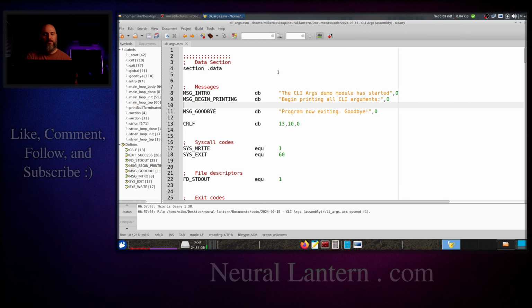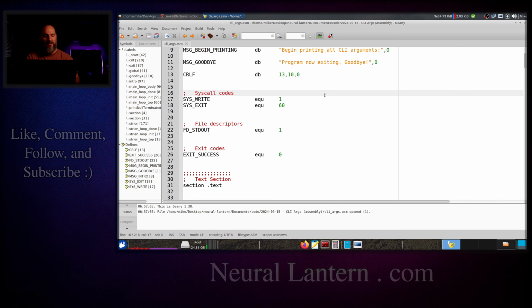But anyway, here's my program. Again, this is not an assembly programming video. If you need to know how to program assembly, see my other videos. For now, I'm just going to quickly go over it. I've got my data section in YASM. I have a couple of strings defined that I'm printing out. I'm saying the module has started, and that I'm going to begin printing arguments. I have some system call codes so that I can write to standard output,